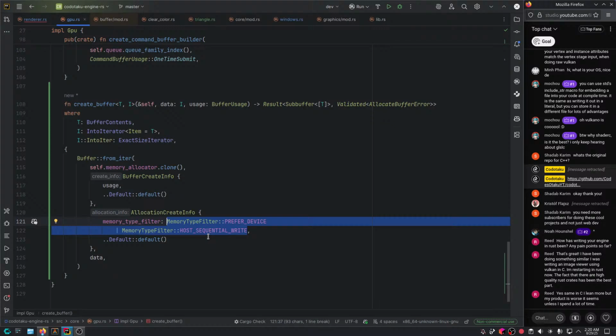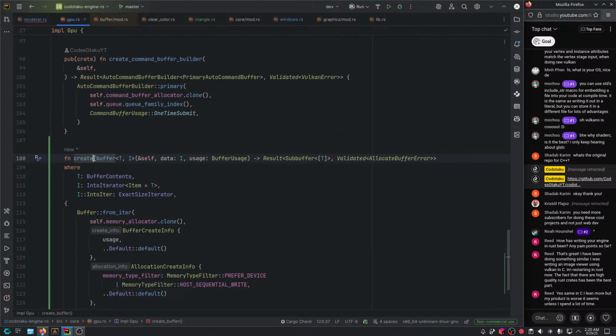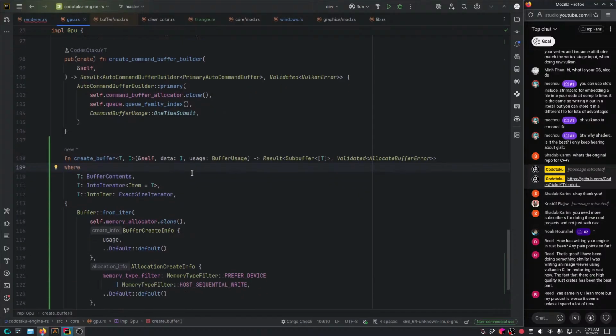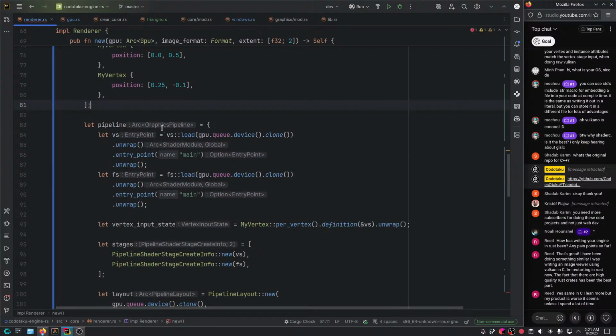But yeah, we could even call it staging buffer, or honestly just call it create buffer really for now. Fine. And that's basically it. Now let's go back into our renderer, and now we could actually create